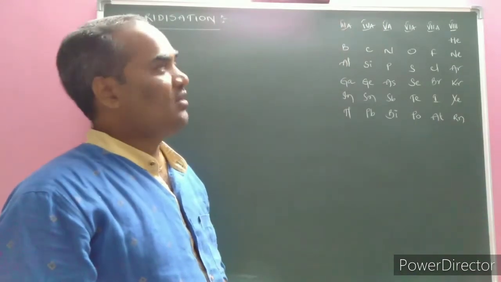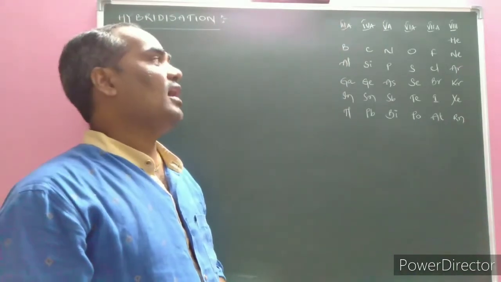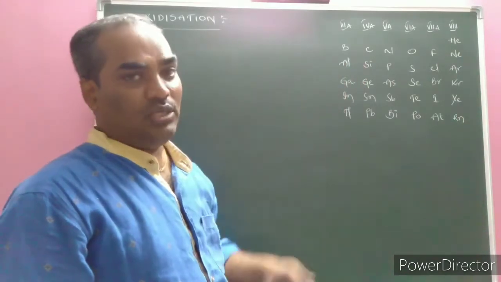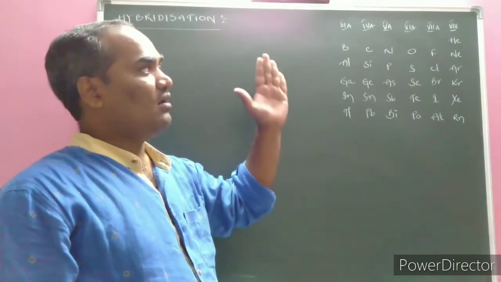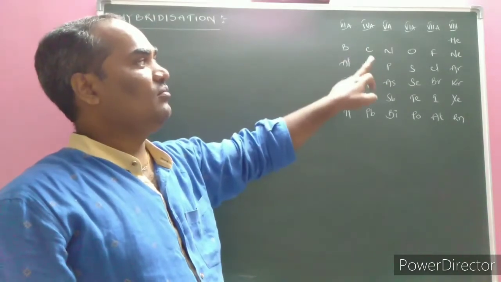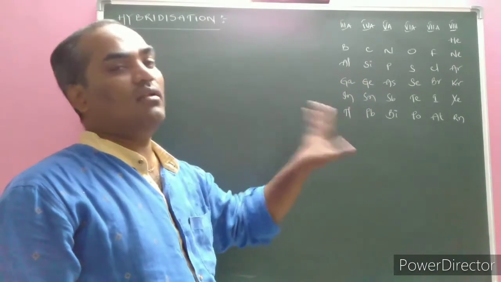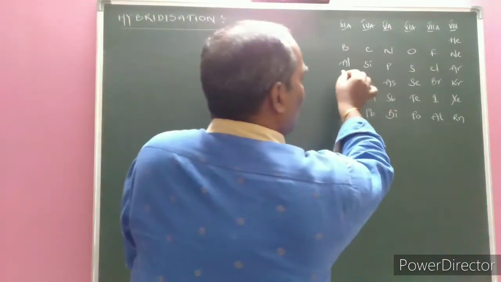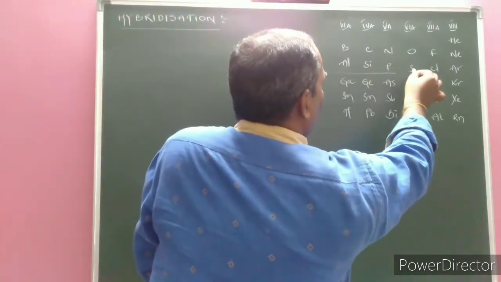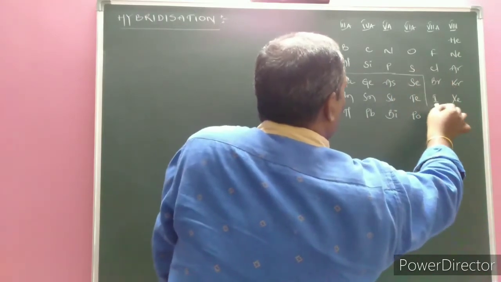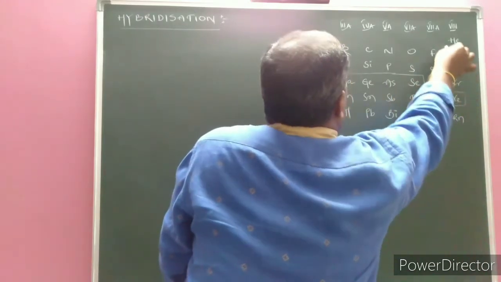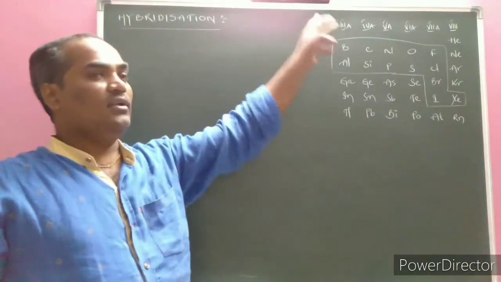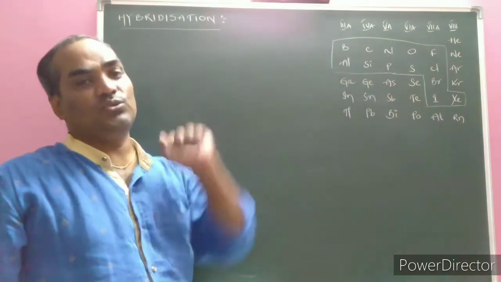The 17th group elements, also called the 7th A group, we call halogens: fluorine, chlorine, bromine, iodine, astatine. And the 18th group or 8th A group elements are helium, neon, argon, krypton, xenon, radon. In any entrance examination, the questions regarding hybridization, lone pairs and bond pairs of electrons are asked from this area only. Majority of the questions come from this branch.